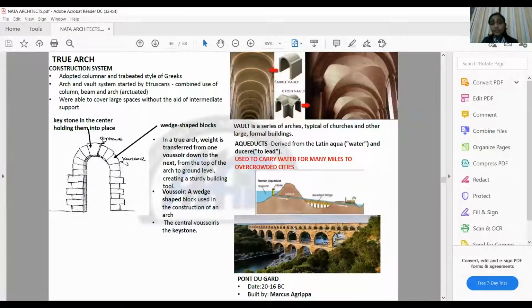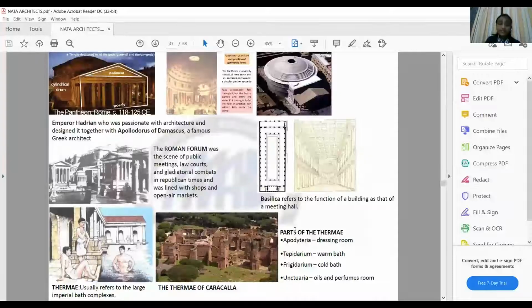And then the other important structure is the temple, the Pantheon. Mainly it is composed of simple geometric forms. That is, you have this triangular porch, the entry porch, which is capped by a triangular pediment on top. And then you have this circular drum, which is located behind, where it consists of small niches where the idols and other things are kept. And it also has this circular opening, which was referred to as the oculus. If you observe the aerial view, it has this circular cutout, right? Mainly for lighting purposes. So that was referred to as the oculus.